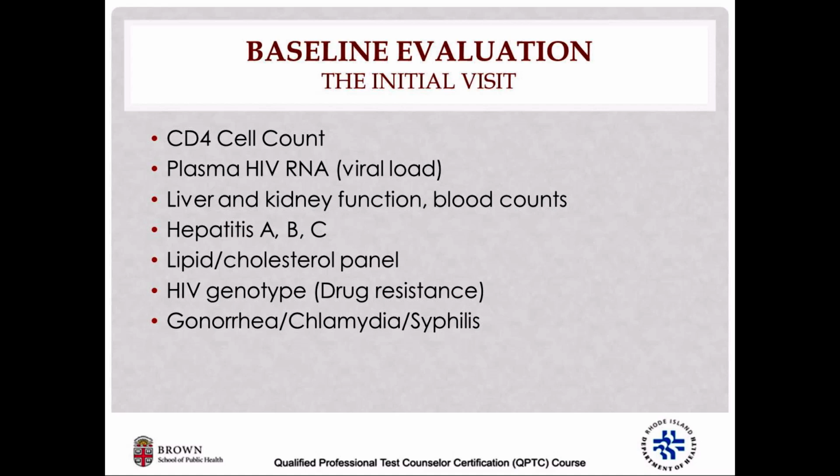We'll also check a number of baseline lab values. This includes the measure of the immune system, the CD4 cell count. We'll also check the viral load. We'll check a person's liver, kidney function, blood counts. We'll test people for hepatitis A, B, and C, perform cholesterol checking, and what's known as an HIV genotype. This is assessing for HIV drug resistance. And we'll perform comprehensive STD testing as well, including for